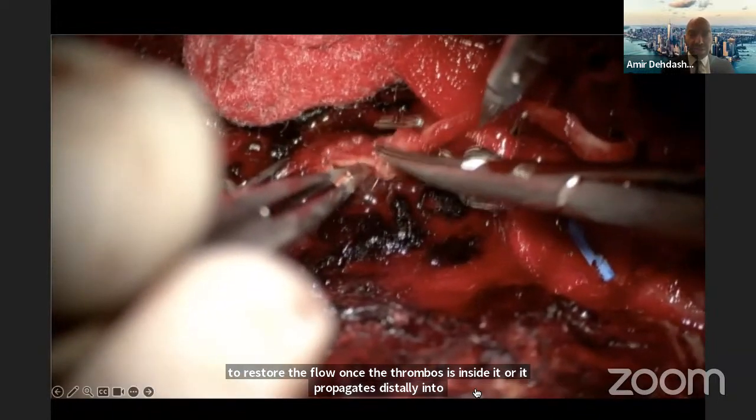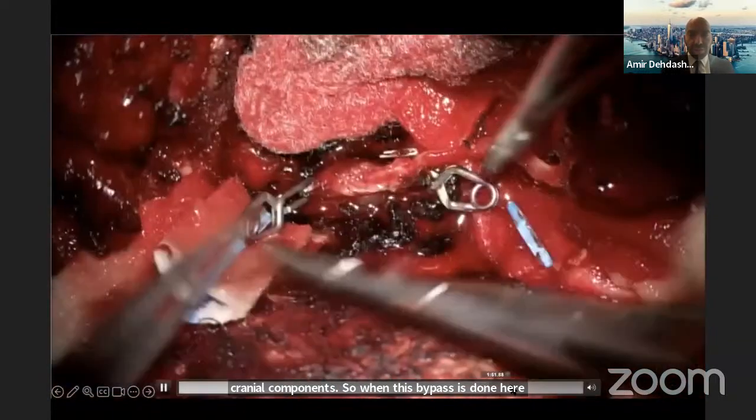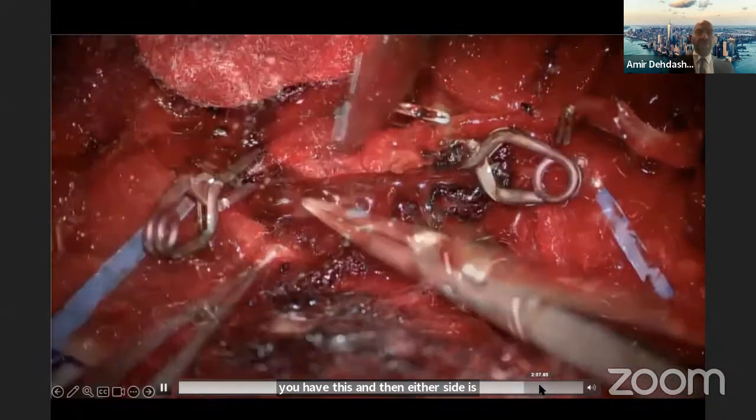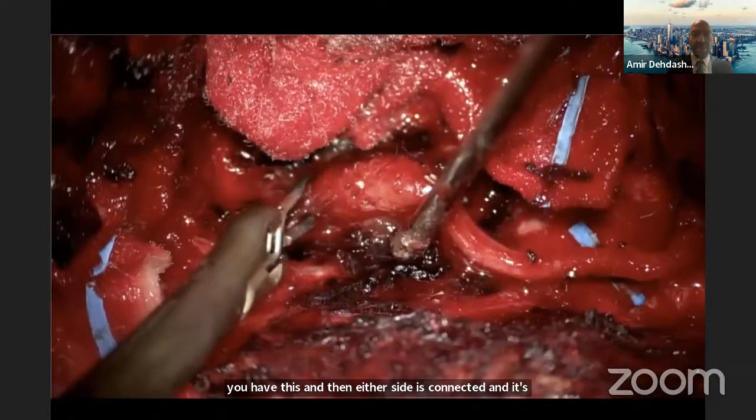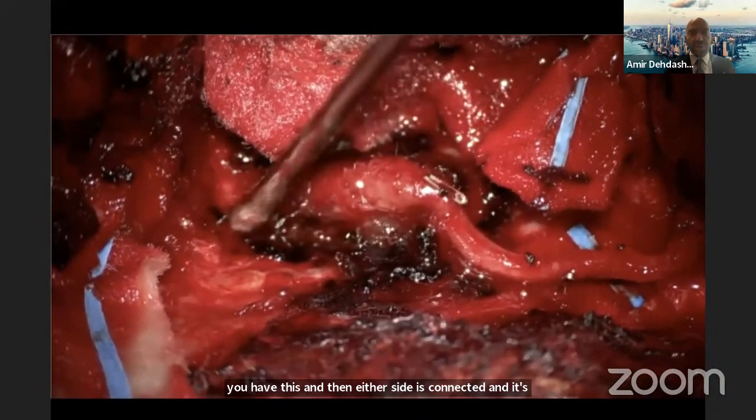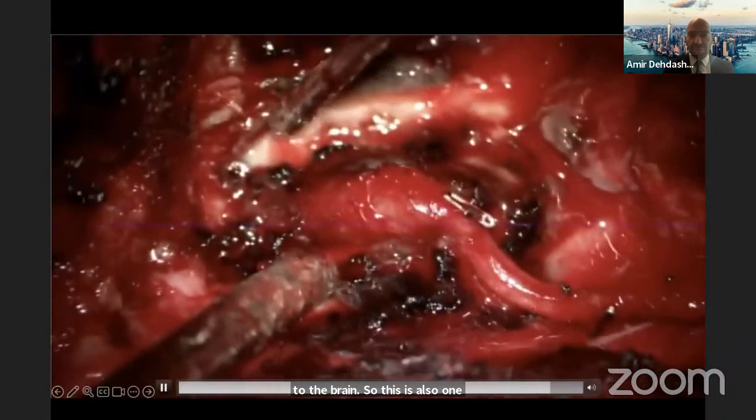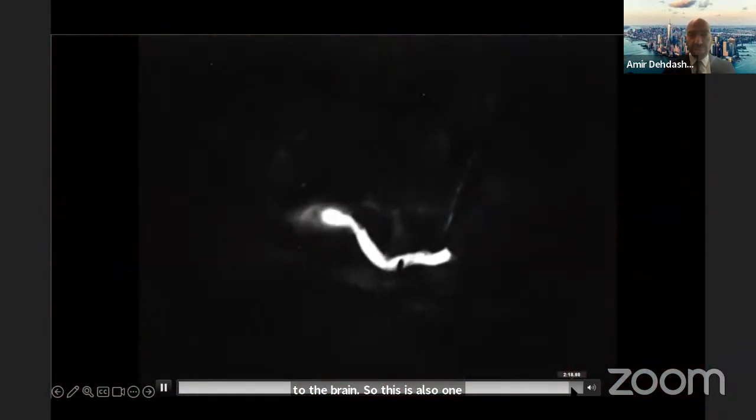So when this bypass is done, you have this, and then either side is connected, and it's just a simple extracranial occipital artery to VA bypass, and you add additional flow to the brain. So this is also one example. ICG confirms the good flow. And finally,